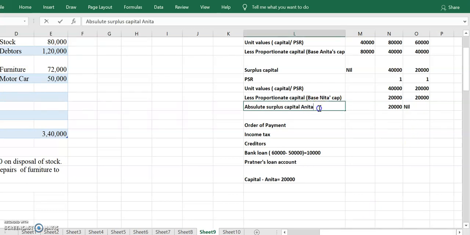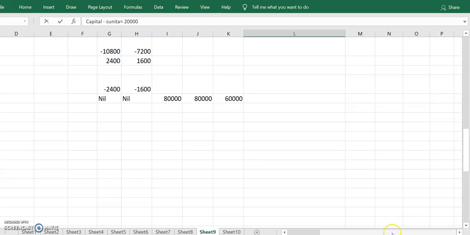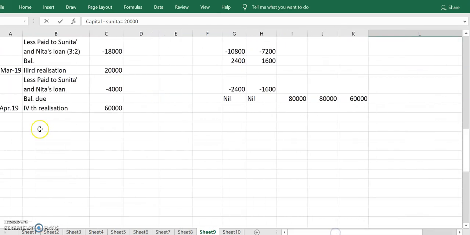Sorry, surplus capital for Sunita. That is the second partner. So we have to pay first Sunita as a surplus capital. That is rupees 20,000. Check in your cash column if you have a sufficient amount to pay Sunita's surplus capital, then pay. Yes, we have a sufficient cash amount, that is the